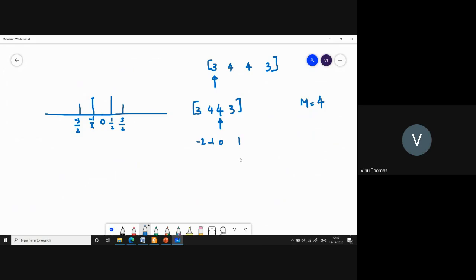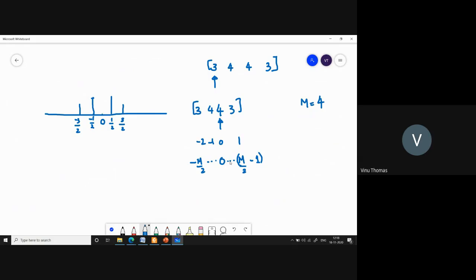So in general, I can say that one will be equal to M by 2 minus 1, and this will be minus M by 2, right? So the samples will be from minus M by 2 to M by 2 minus 1. So I have taken more negative samples and one fewer sample on the positive index side, like this.